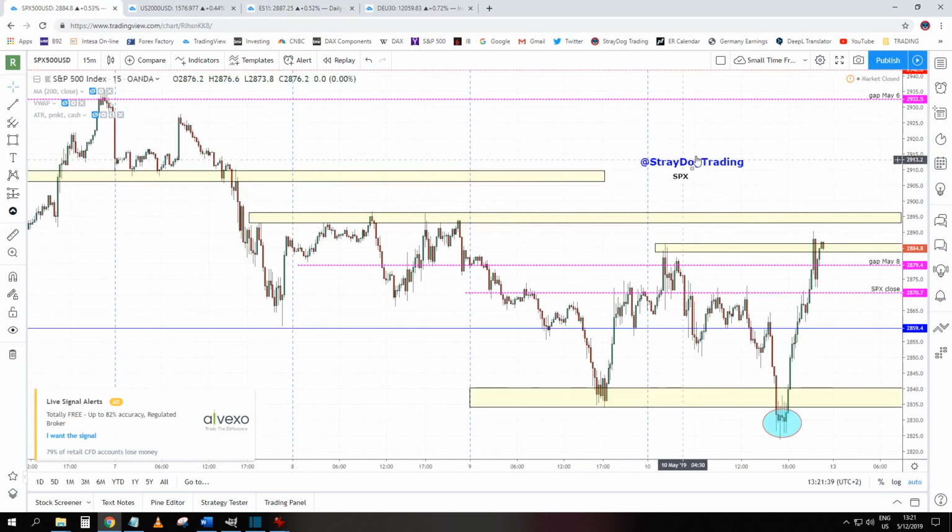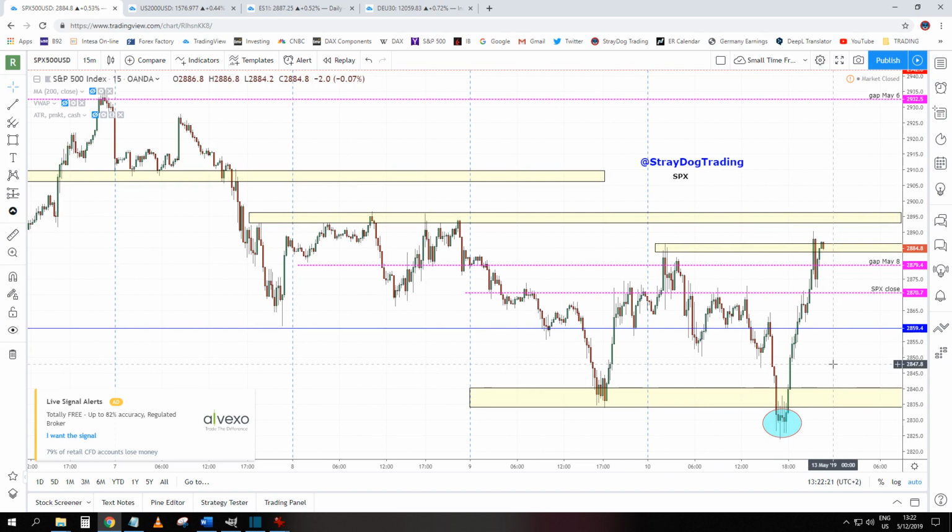This is the S&P 15-minute chart, and now we can observe this was the Thursday low, this was the Friday low, and a classic example of a spring or false breakdown, after which we usually get a short covering rally. And of course it happened because all of these people that are shorting, that are selling the market in the pre-market hours and after the market opened. So US open was here. Immediately after the open we had an open drive lower, and after this rejection they all had to close their trades, and now we get a short covering rally.